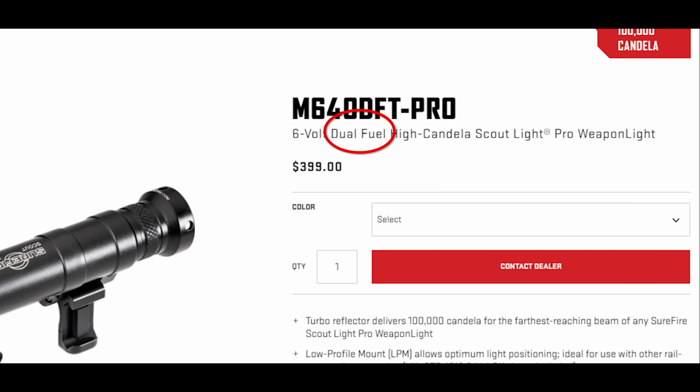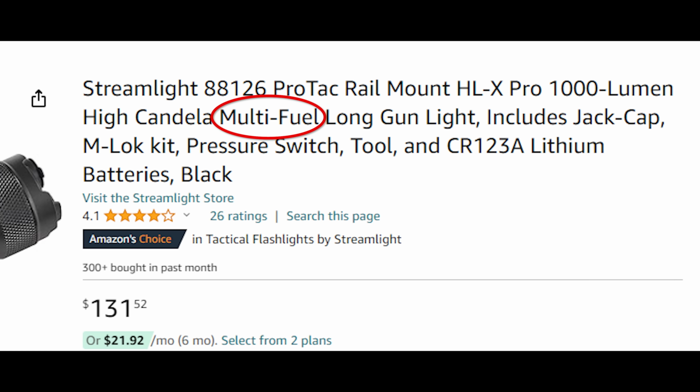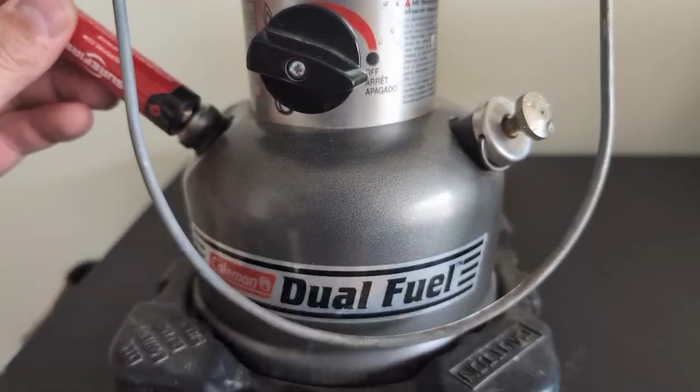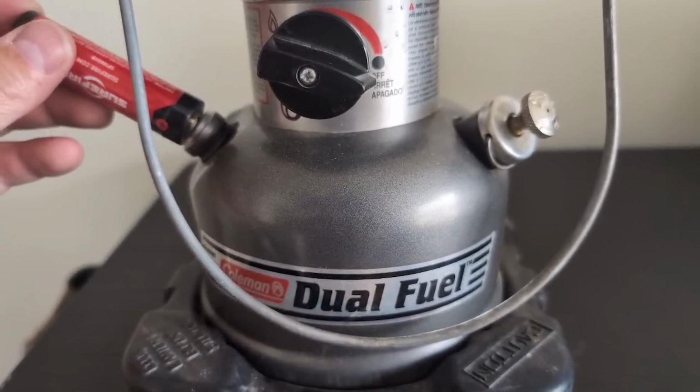interesting tangent. I think that's copywritten because Streamlight has to use the word multi-fuel on all of their marketing, but then also Coleman owns the rights to dual fuel, so I'm wondering if Surefire pays royalty to Coleman. Why doesn't it work? Anyways,